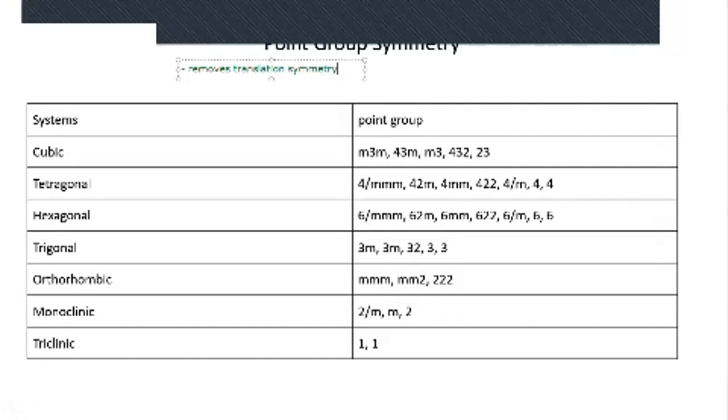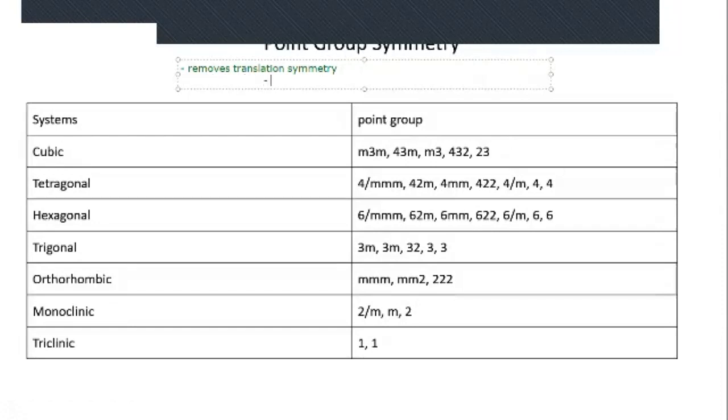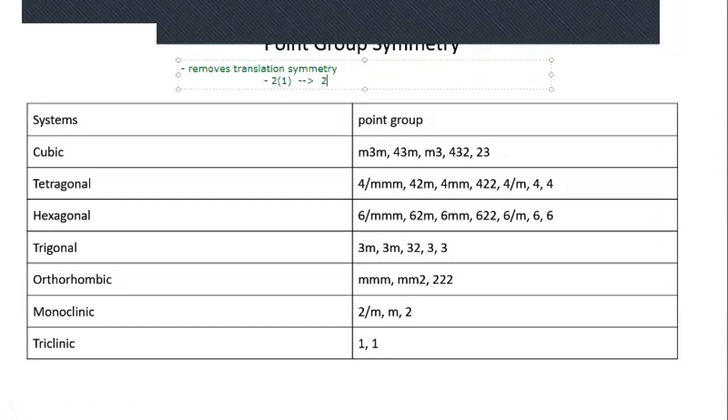So when I say it removes translational symmetry, what this means is if one of the crystal systems has a screw axis, say it's 2/1, it would get reported as just 2. So a point group 2 could represent a 2/1 screw axis, or it could represent a twofold rotation. Because remember, point groups don't have translation. It's only rotational or reflection